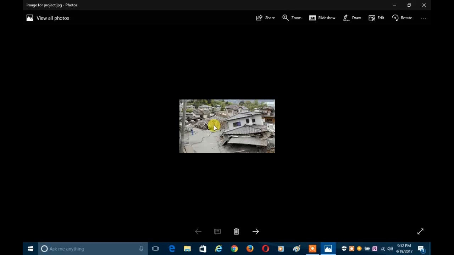So you can see here that this is the image. The size of the image is really small, but we will not work with this kind of image. I will work with a bigger image. It is just an example. Now suppose that you have this image and you want to convert it to another format like PNG or GIF, then you can do that by using Pillow. And if you want to cut this image to a specific size, then you can also do that by using the cropping option of Pillow.